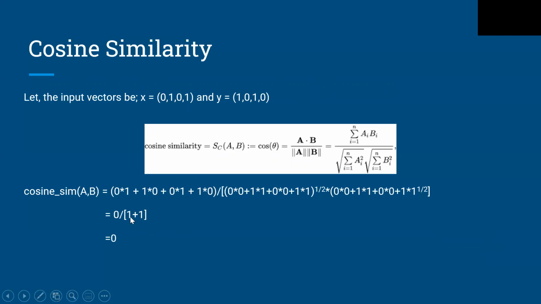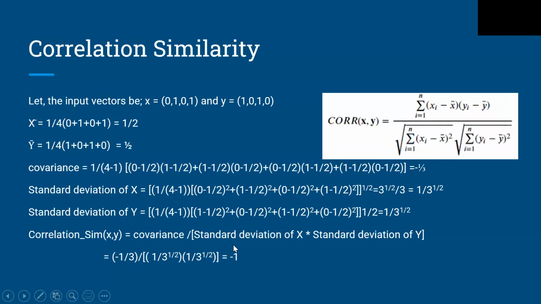Correlation similarity. To calculate the correlation similarity, we need the covariance between the two input vectors and the standard deviation of individual vectors. Correlation similarity is basically the result of dividing the covariance with the product of standard deviation of two vectors. For the vectors given here,